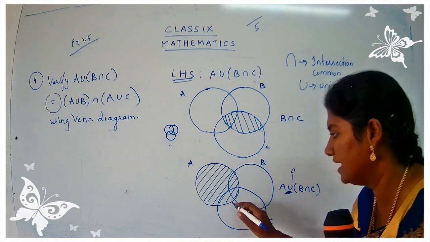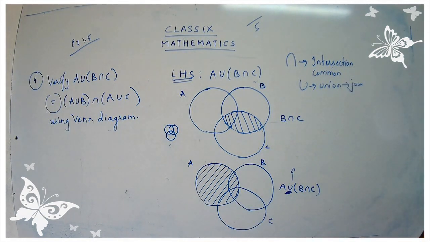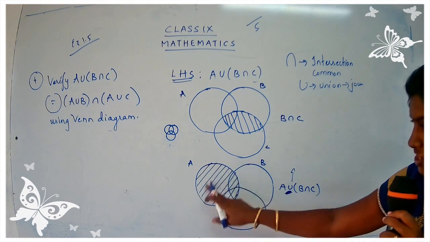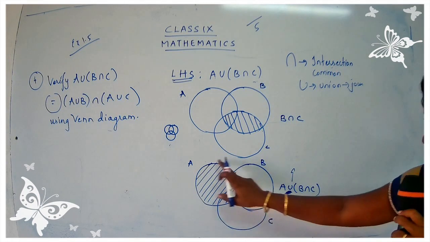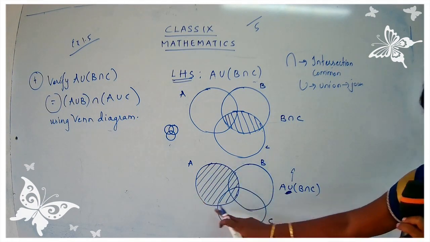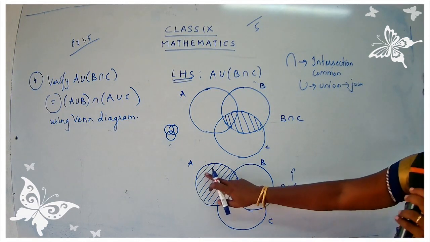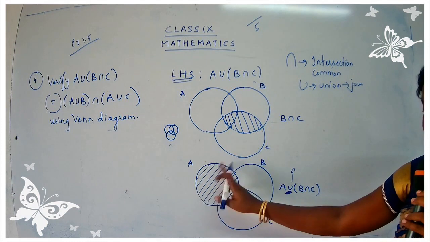Okay, I have shaded A. Be careful with the figure, children. Do not get confused. I am just going slow. I have shaded the A circle, shading the A circle completely. You have to use your scale, children. When you draw this line, use your scale to draw the line.